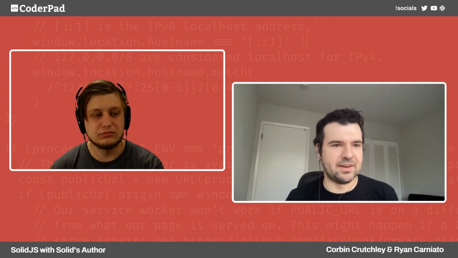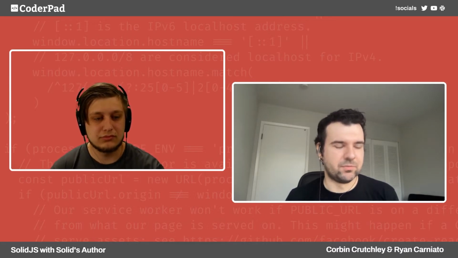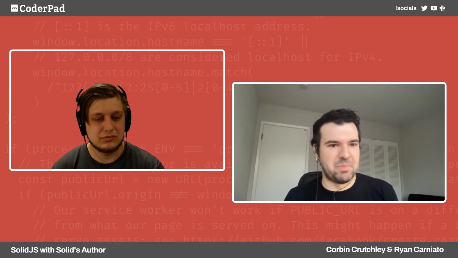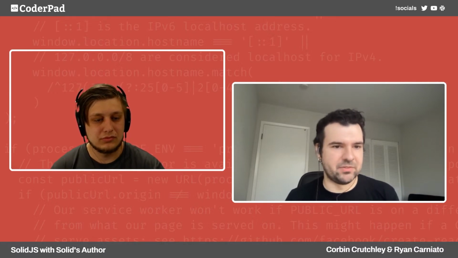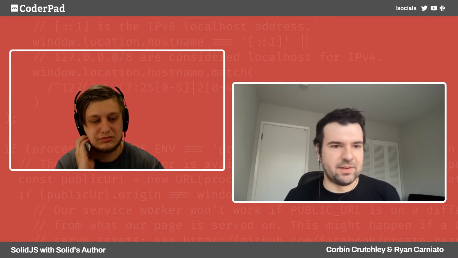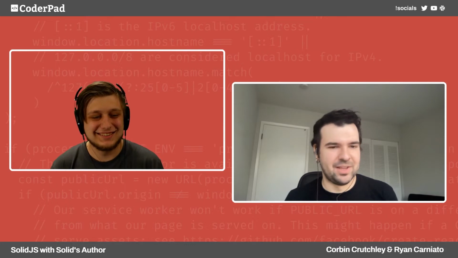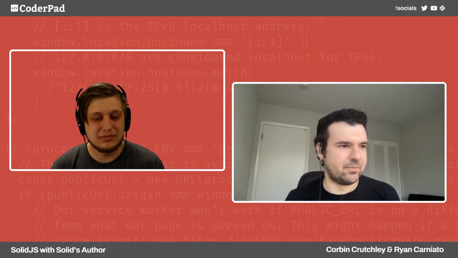Like 2010, if I pull out some Knockout code for you, you probably go, oh, that looks a lot like Solid or React hooks. It was basically this method based on these composable reactive primitives. And I loved it so much that when it fell out of favor, I never left. I just wanted to keep on building Knockout, and that's really where SolidJS came from.